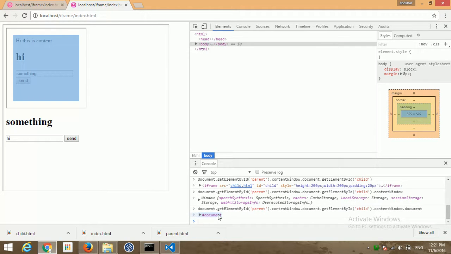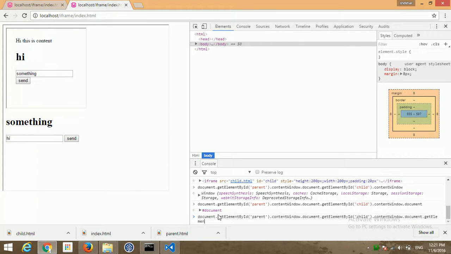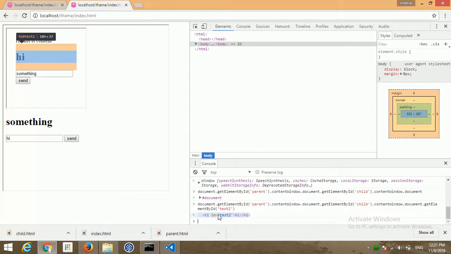So I am getting now the document of that child window. From here I can access getElementById test2, which is the h1 tag inside this child window. So see, I am getting this. So in this way I am traversing from outer window to parent window to child window.